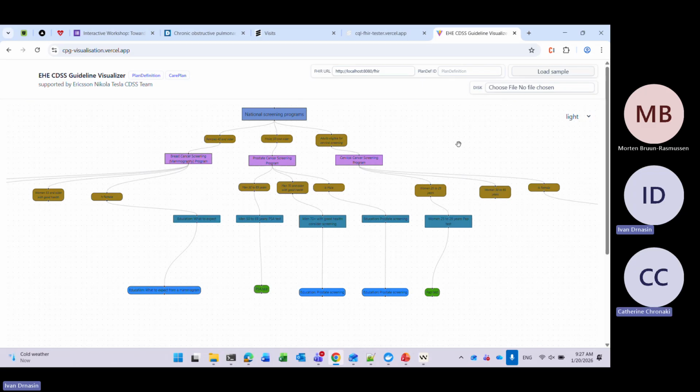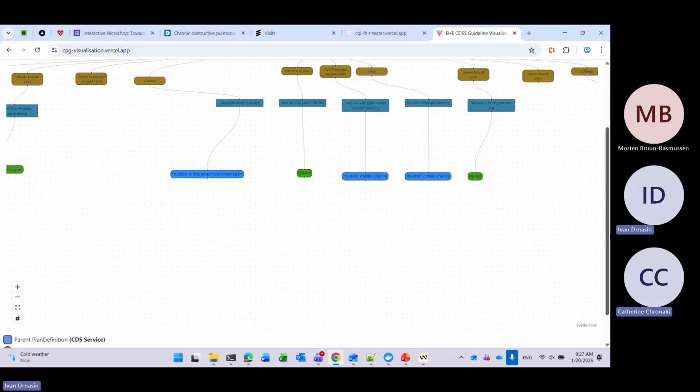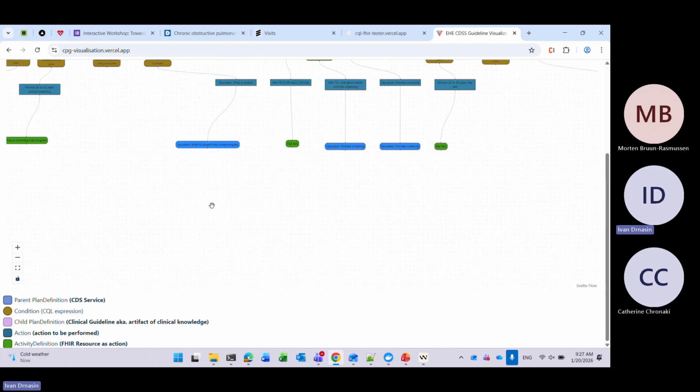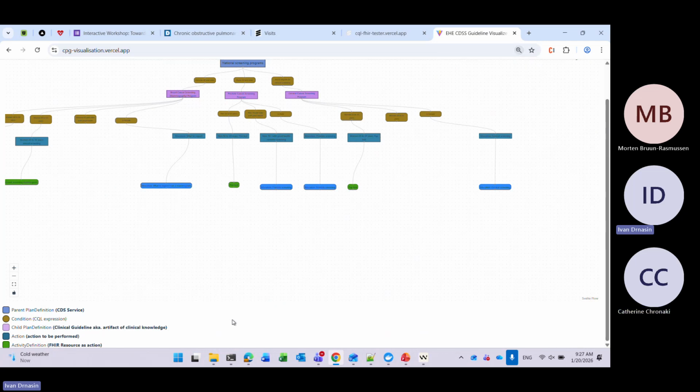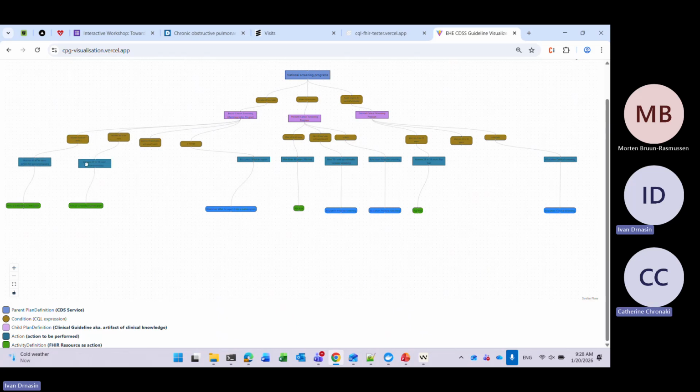And the leaves are activities, right? Yes. And the intermediate, the green things, are care plans. Yes, care plan definitions. Sorry, it's not so visible, but it's here. I usually work with larger resolution. So yes, the parent plan definition, the conditions or SQL code, and then we have the child plan definition, which is in our vision the clinical guideline itself, and then we have some other conditions, then we have some actions, and then finally we have activity definitions, or the concrete things that a person needs to take.